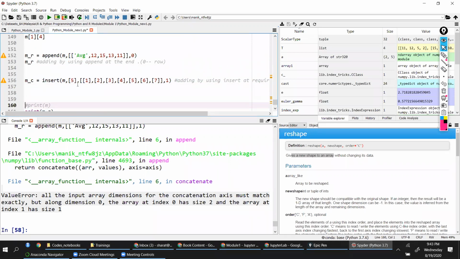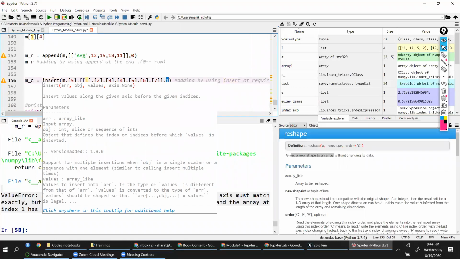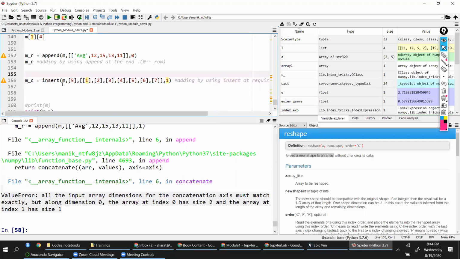Look at this. So I'm saying insert each value in this particular position. This 5 basically is talking about the 5th column. Insert can basically help you bring in a new column altogether, right?